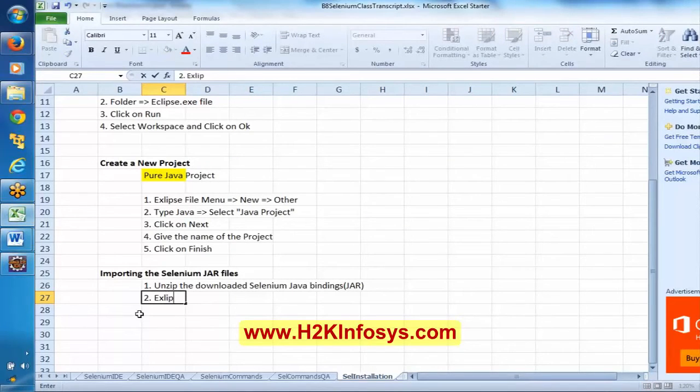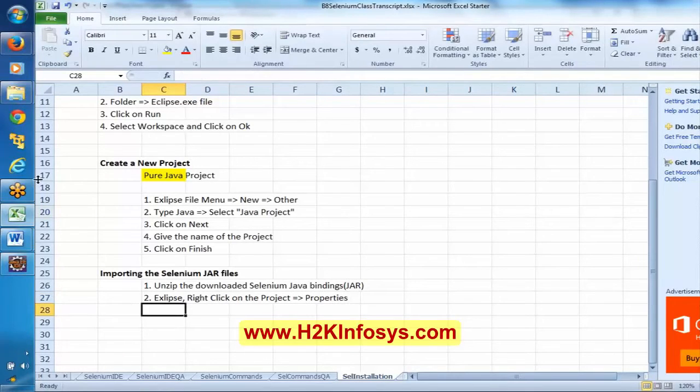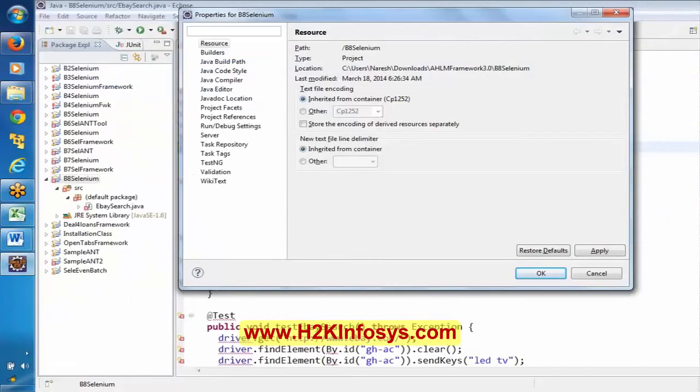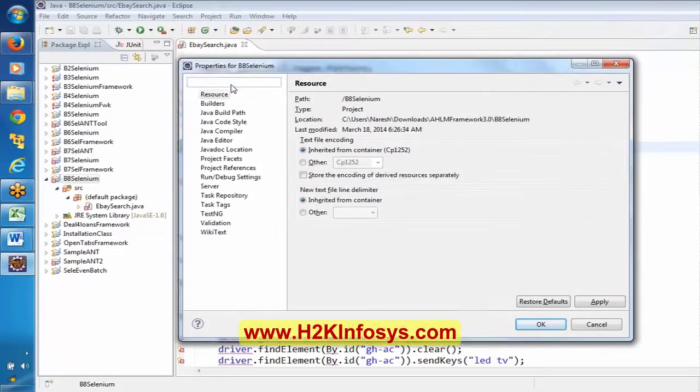In Eclipse, right click on the project, select properties. Then here you will get a window like this.